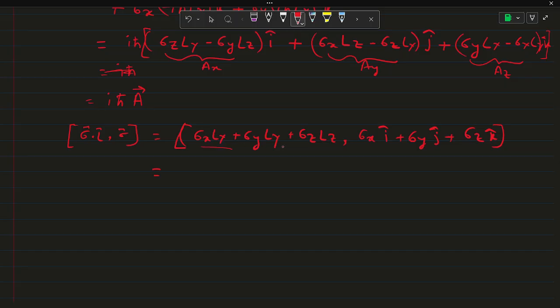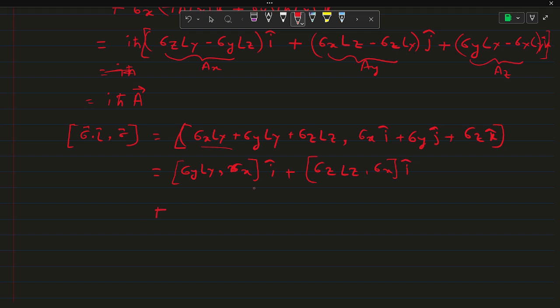We can take the second part and take Ly outside it. So the sigma y and sigma x will give, just write it, then it will be a simplified form. Sigma y Ly sigma x i cap plus sigma z Lz sigma x i cap